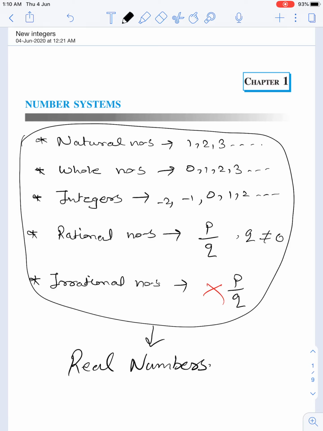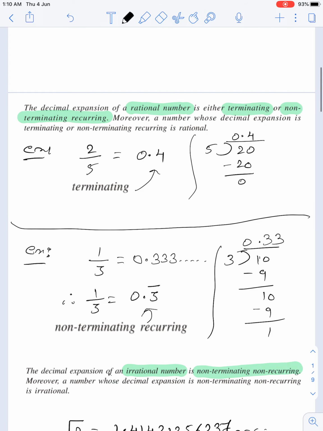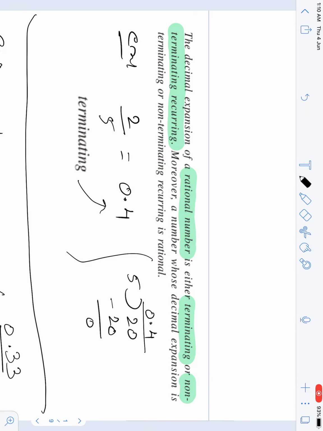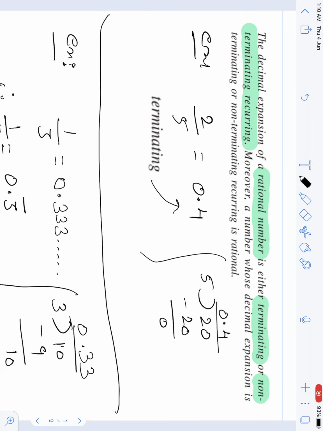Now today we are going to learn further about rational numbers and irrational numbers, that is, the decimal expansion of rational numbers. We have already seen in the previous class that the decimal expansion of a rational number is either terminating or non-terminating recurring. For example, when you divide 2 by 5,